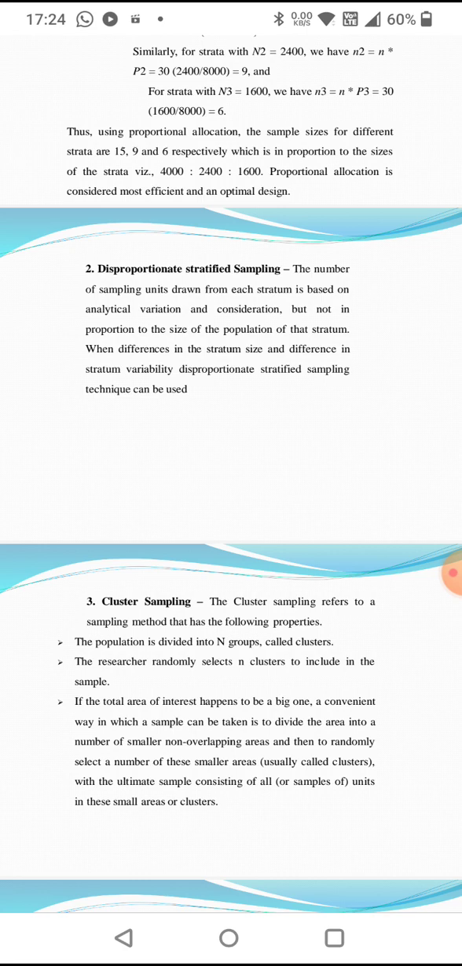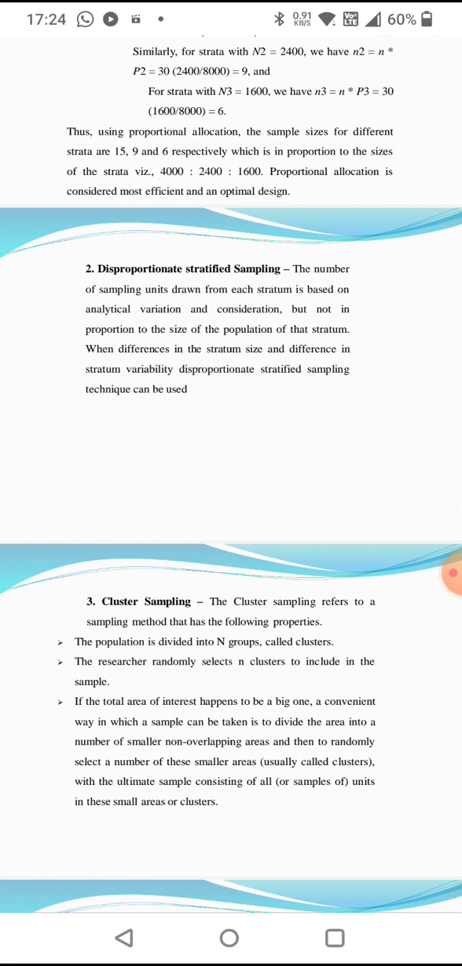So we had already started with probability sampling methods, and then we had started with the different types of sampling. Today in this video, that is video 11, we'll be covering the rest of module 3. In the last class we had already done probability sampling,